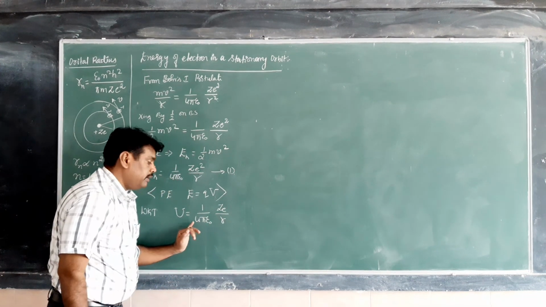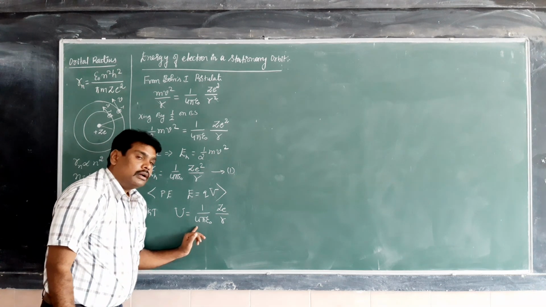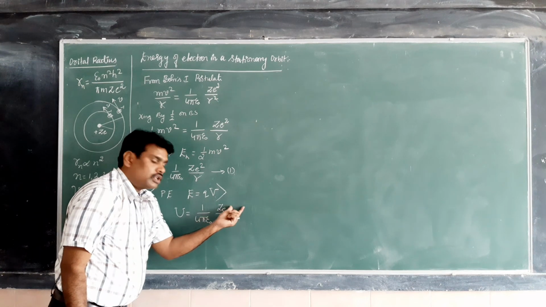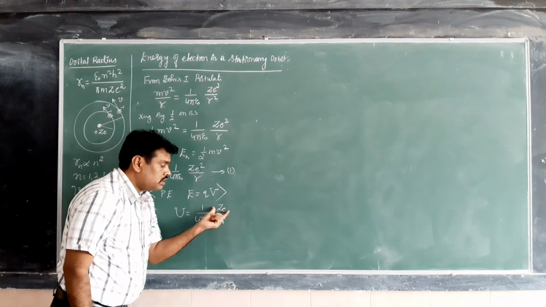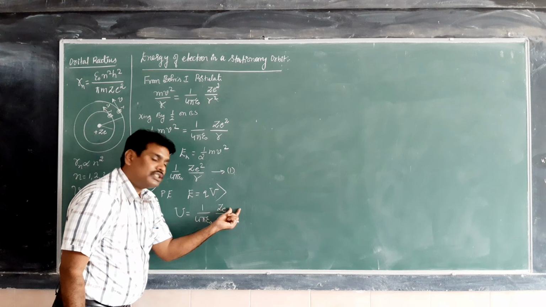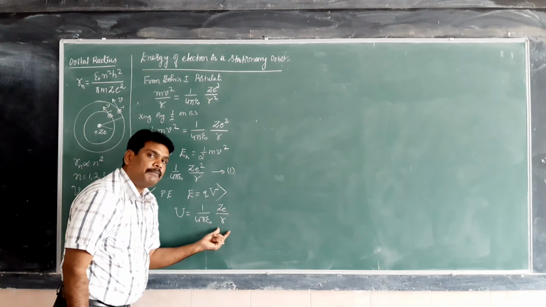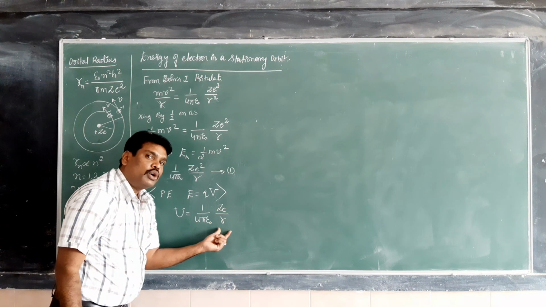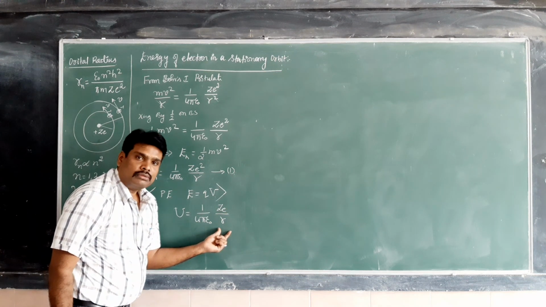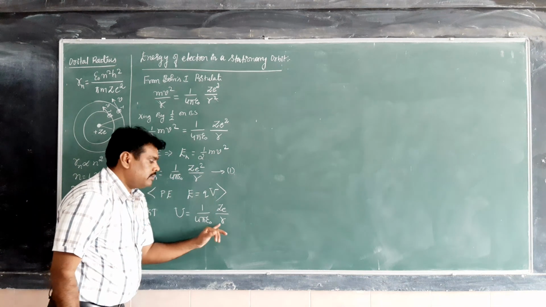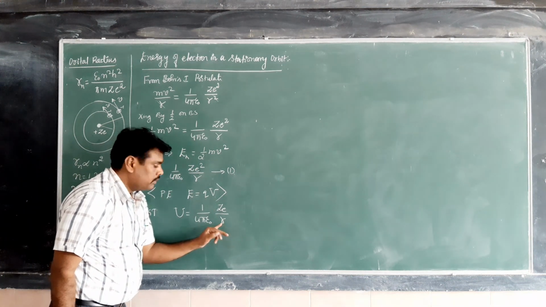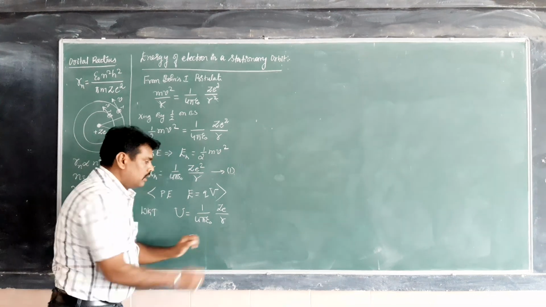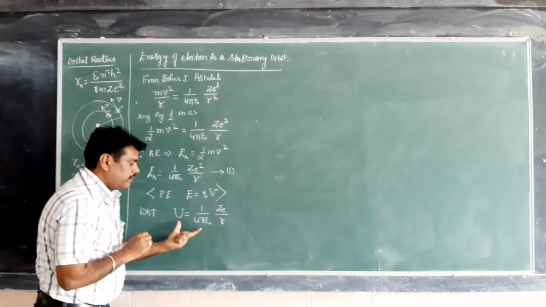That is the difference between potential and electric field. For field it is charge 1 into charge 2 divided by distance square, where charge 2 is the test charge. For potential it is charge by distance only, not distance square. Because potential may be positive, 0 or negative, but the field magnitude is always positive. That's why you are getting this square here, but for the potential it is always r only, not square. So charge by distance is the formula for potential.